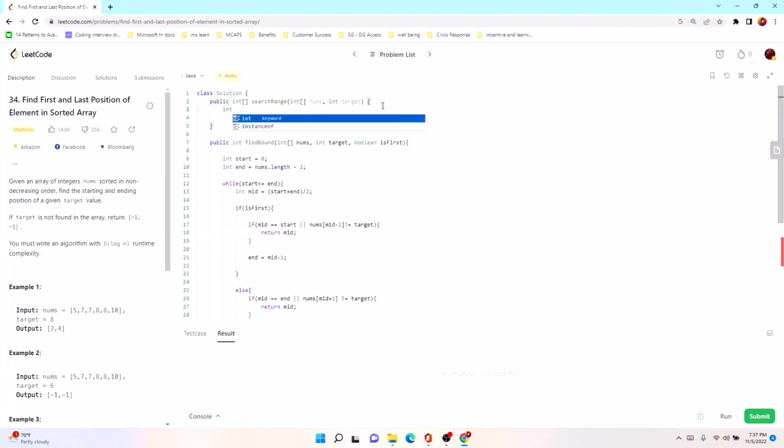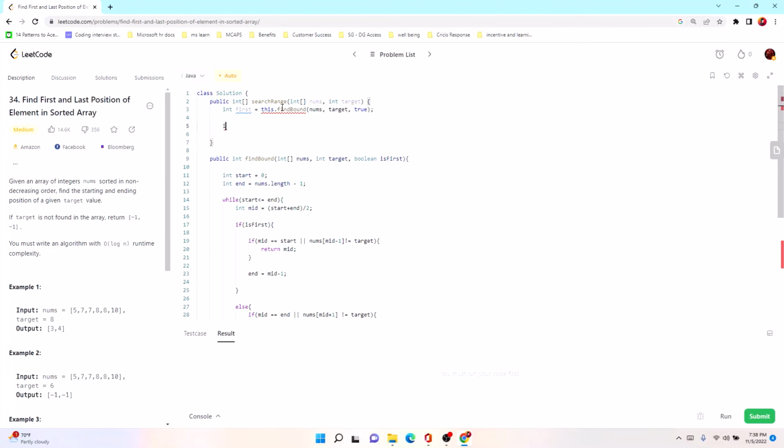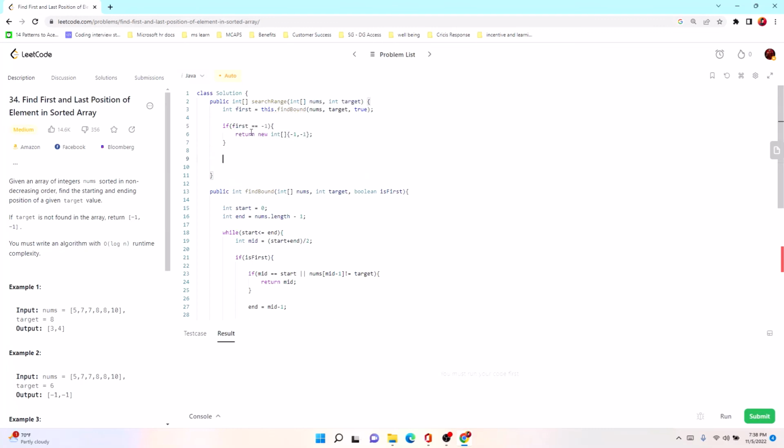Now from our main method, we are actually going to call the helper method that we have created, and we need to find the first and last bound. So first we are going to create the first element, and for that we are going to call this find bound method. We are also going to keep a condition that if, for example, we get the answer as -1, we can simply return -1 as the answer. And if somehow we do not get -1 in the return, which means that first element exists, so last element also has to exist. So we are also going to create another parameter called last to find the last occurrence,